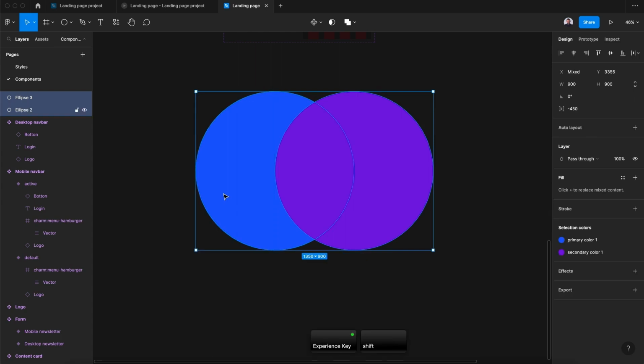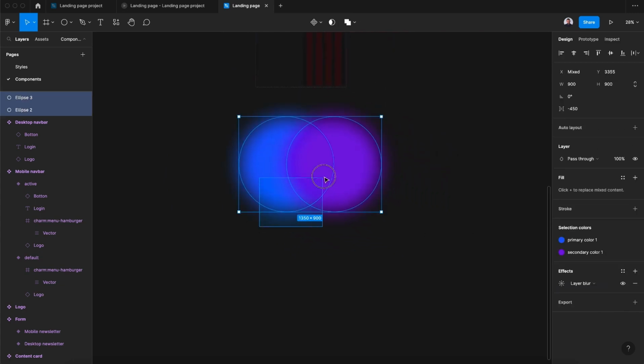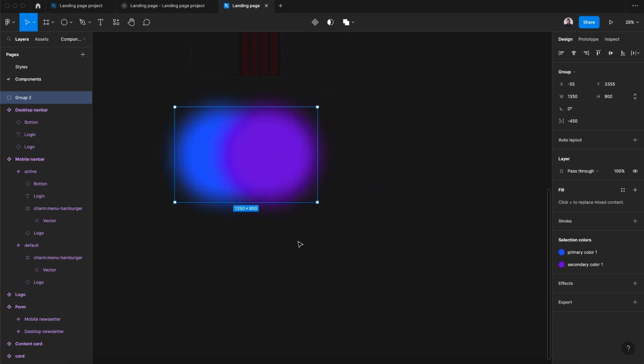Next, let's select the 2 circle and let's add a new effect. This time we'll add a layer blur effect. So select layer blur and let's preset to 200. That's great. Now select our 2 layers, hit Command G to group, and let's see, state 1, rename it to